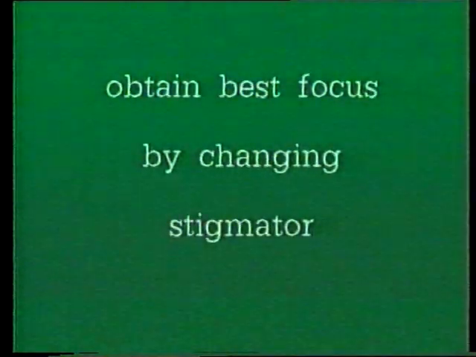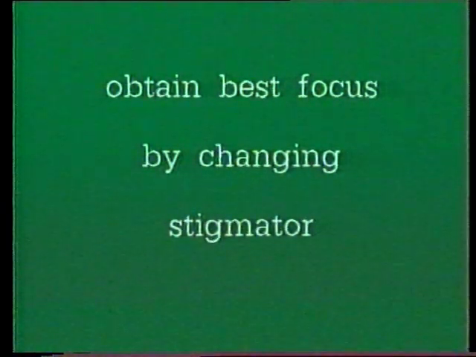The easiest way to set the stigmators is to obtain the best focus by changing the stigmator. There we have a sharp focus. We have now gone through that focus again, so we will get the sharpest focus, enter that value, and then use the other stigmators,